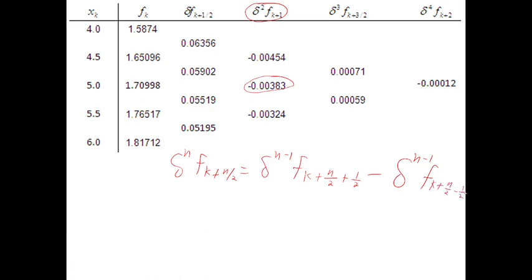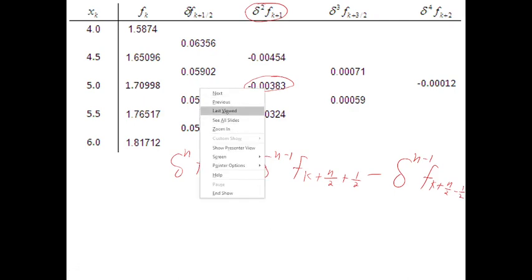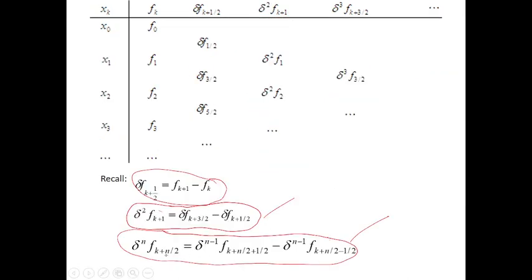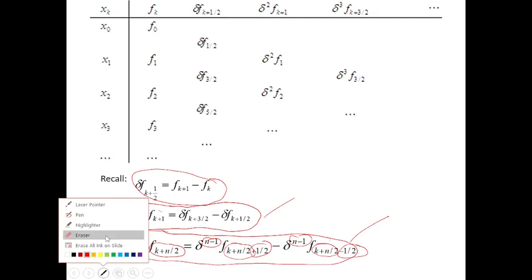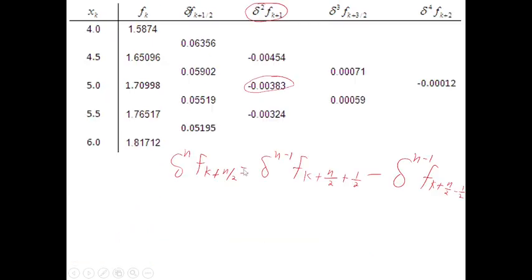Okay, am I correct? Let me see. There. K plus n over 2. So, madali lang naman i-memorize. K plus n over 2. Ito. Tapos, nagbabago lang dito. May plus 1 half doon. Merong minus 1 half doon. Ito, mababawasan ng isa. N minus 1, n minus 1. Ganun lang, no? So, that's the pattern. Okay? So, in that case,